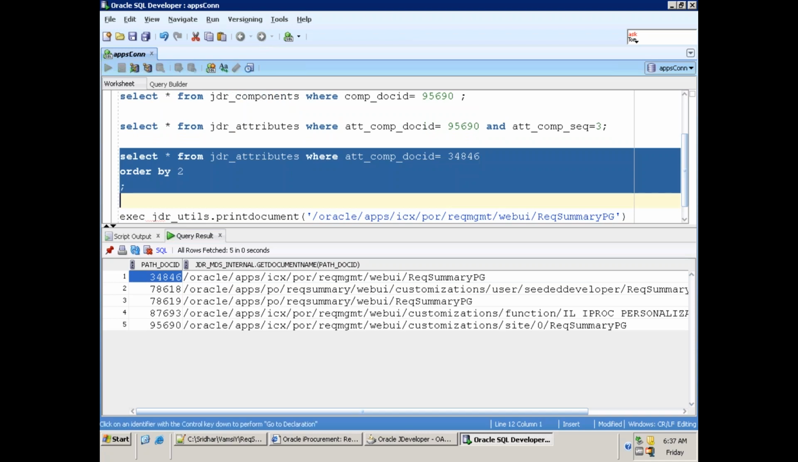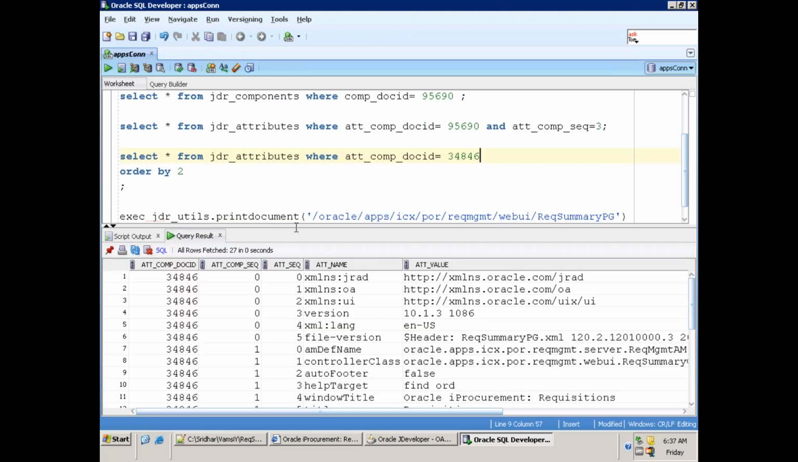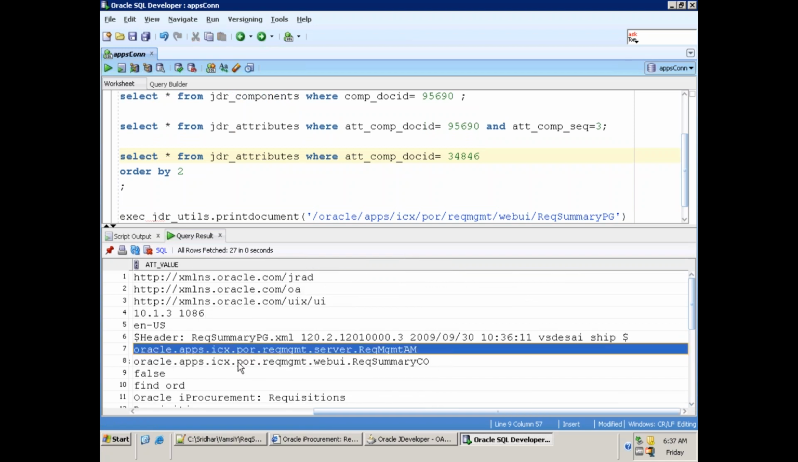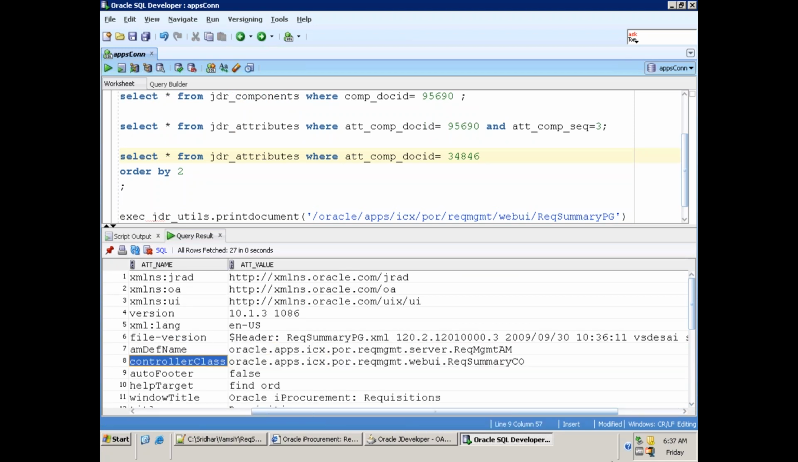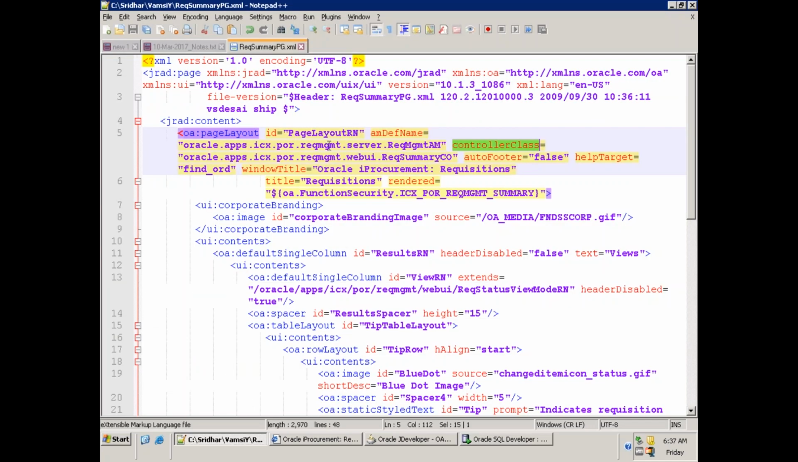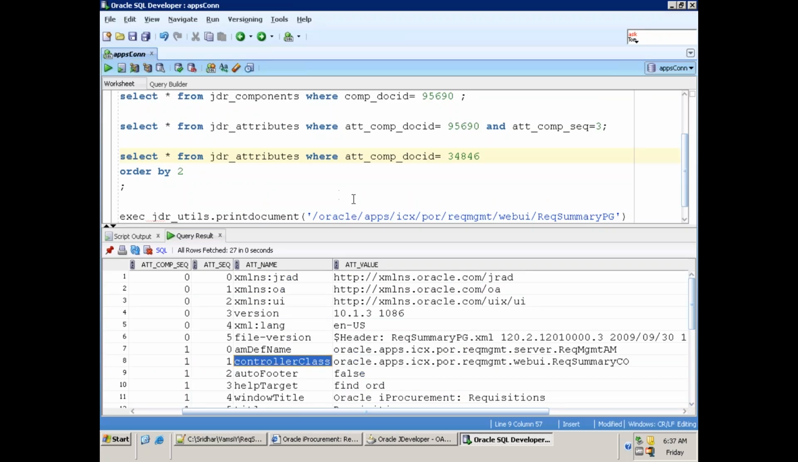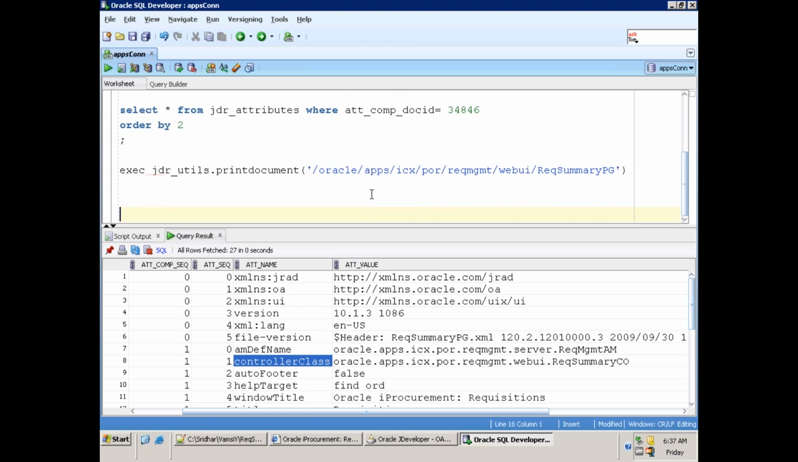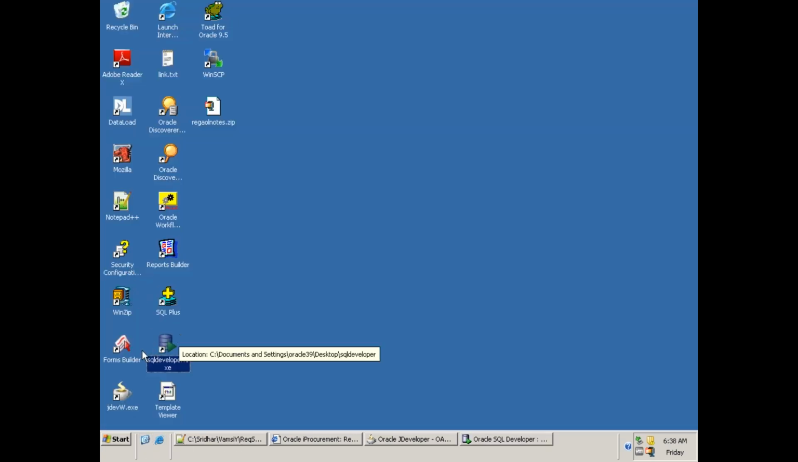So now, if you just see this one, can you see the control class? This attribute name is equivalent to the XML content, so it does not need to remember much. So just use the JDR attributes effectively. That's what I thought of showing you. So now the next thing is, if you want to extend any of the existing CO,